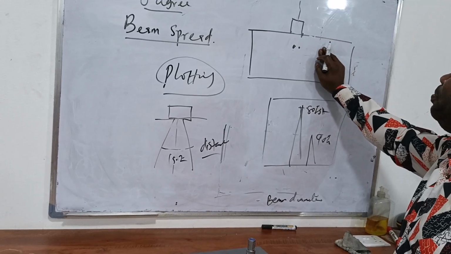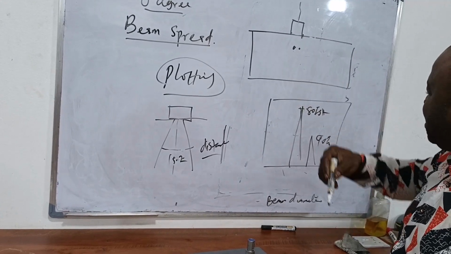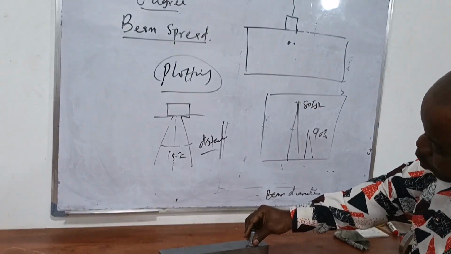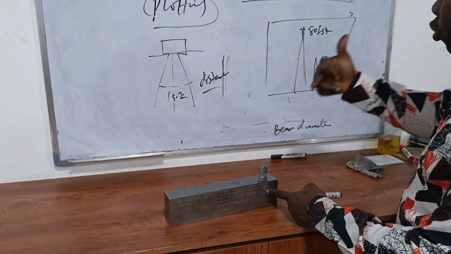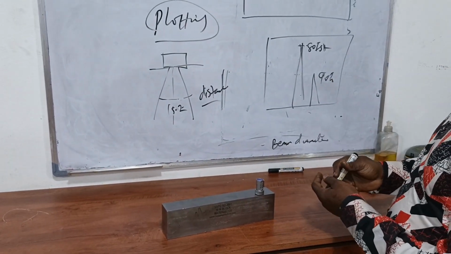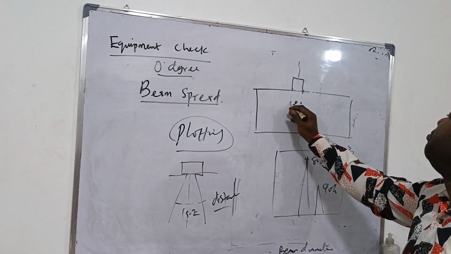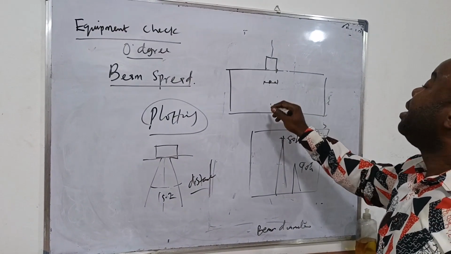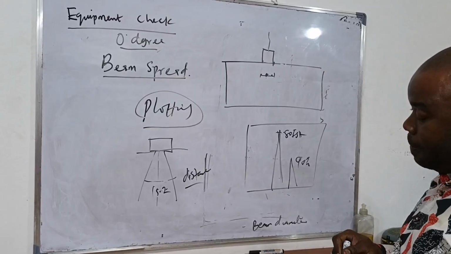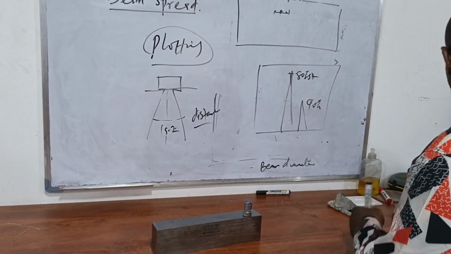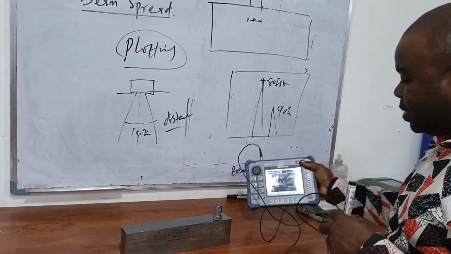the end of the spread. So I put the probe, I move it this way until my echo drops down to 50%. I also move it to the other direction. That will give me my beam diameter. It is an approximated value. So if we want to practicalize it,